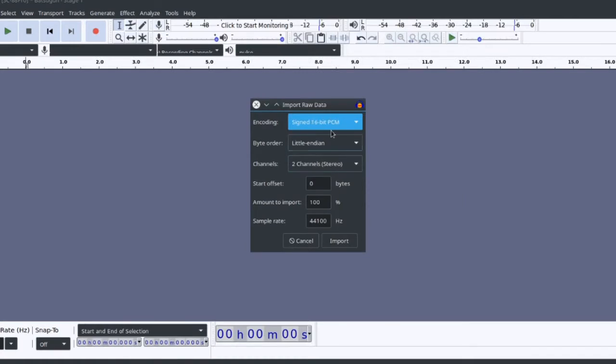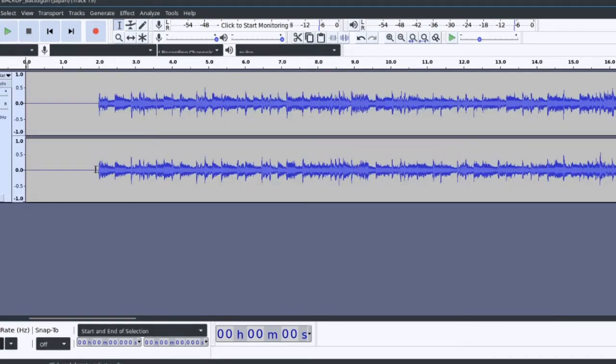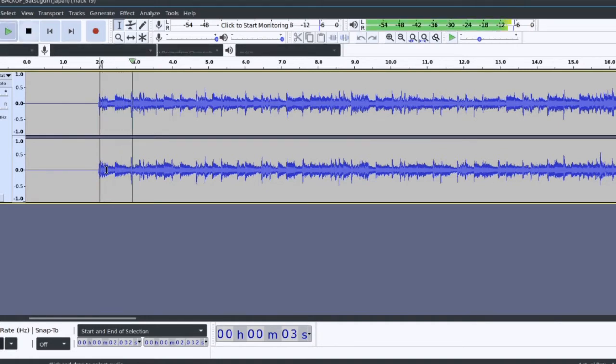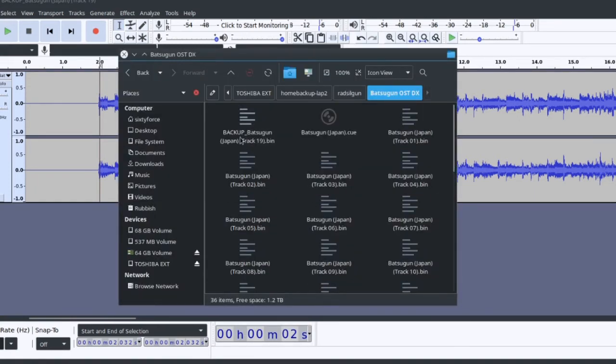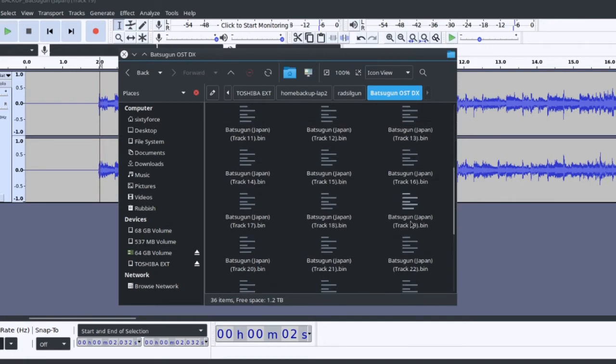as a signed 16-bit PCM stereo 44 kilohertz as per the Redbook CD audio spec. And there you go. It imports. It plays. So this is definitely just wave data. It's just PCM, and that's great, because you'll notice here that I've created a backup file. This is actually the original version that came with the Saturn disc. This is the original version of the arranged level 1 tune. And down here is my unfinished